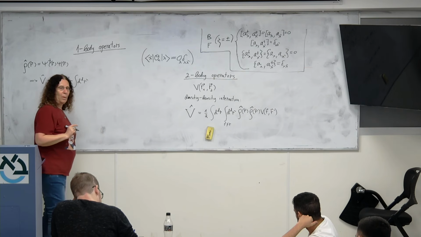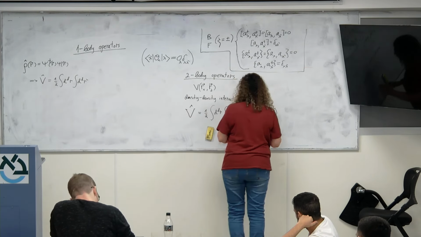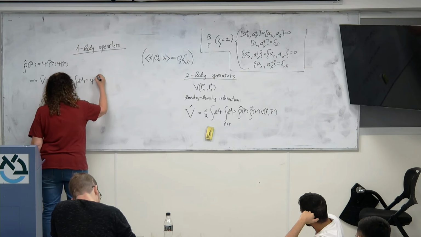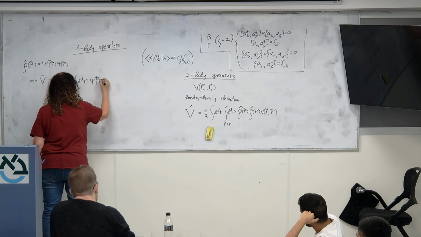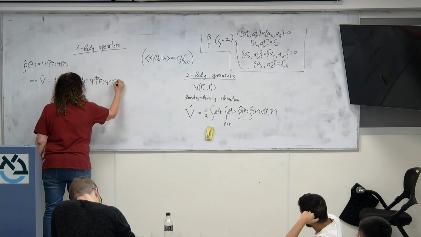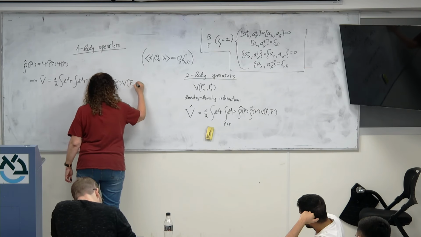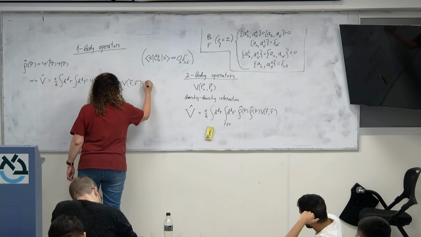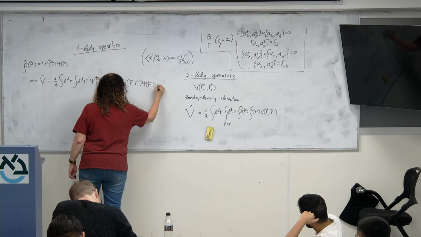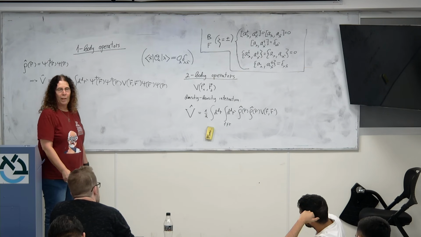And now notice that I'm doing some reshuffling, and there's a reason why I want to write it like this. Psi dagger of R, psi dagger of R prime, V of R and R prime, psi of R prime, psi of R. I wrote it in a funny way,